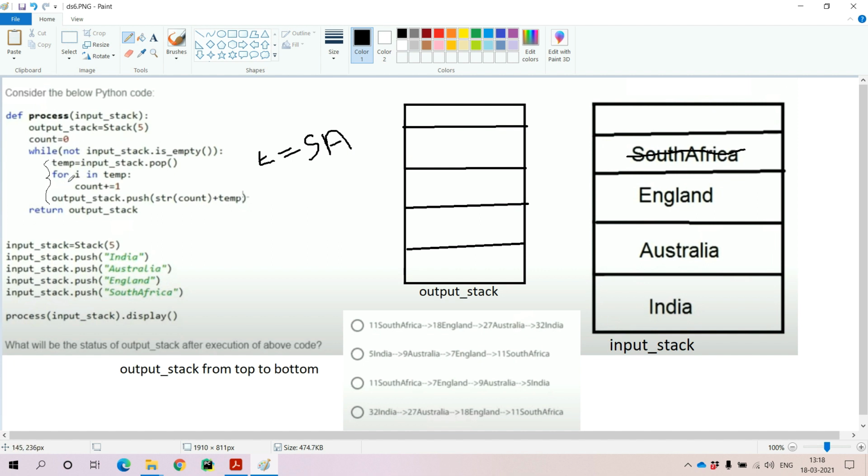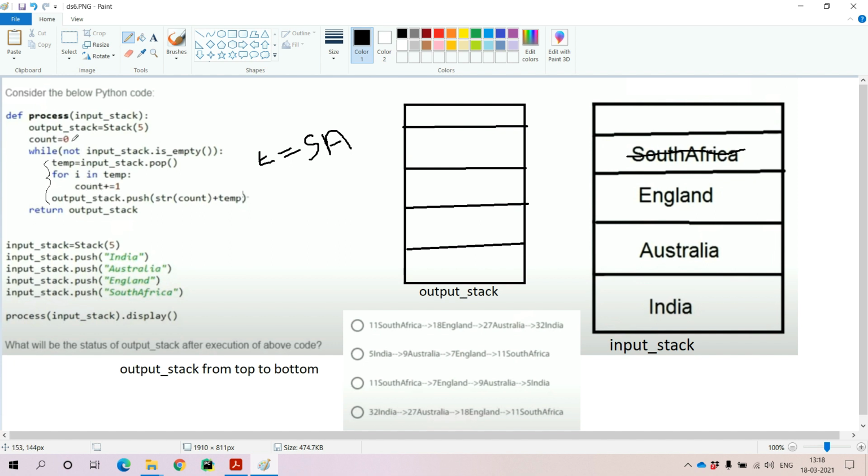Now coming to the for loop. Within the for loop, for each and every character in that temporary string, we find out the count of that character.